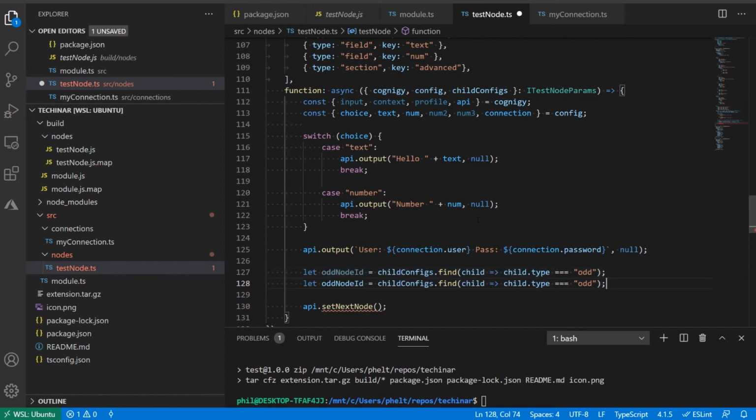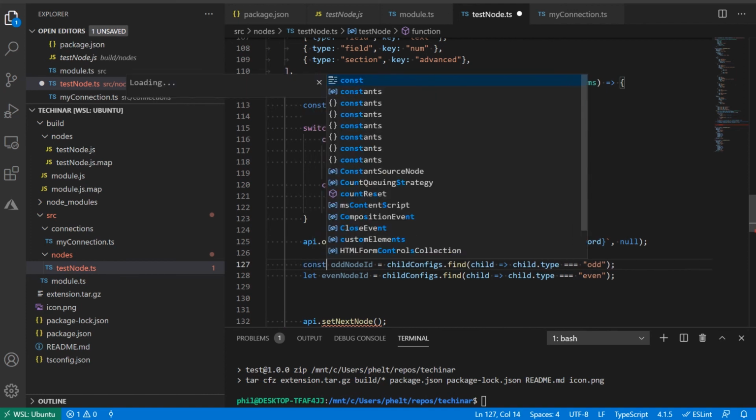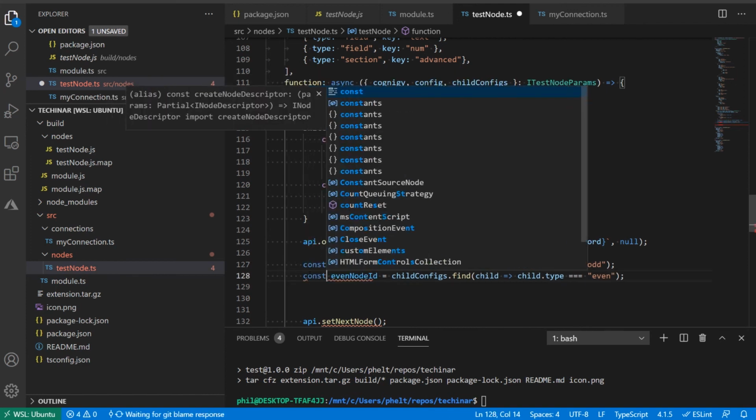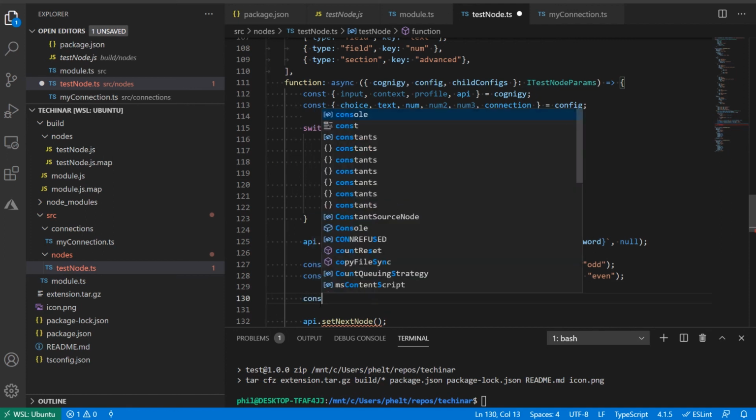And then maybe we now also do the same for even, and we retrieve the one where it's even. We could have done that in a nicer way here, but it's just for illustrative purposes. And now these can actually be const. Now we can say, which one is the node that we want to go with?